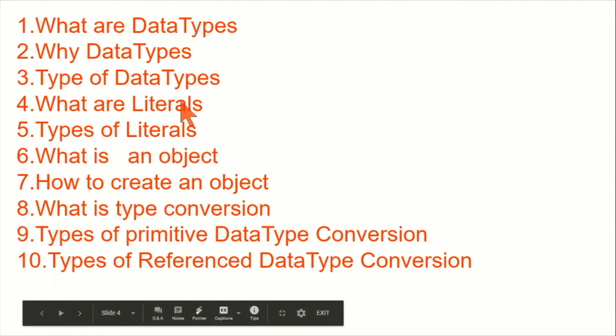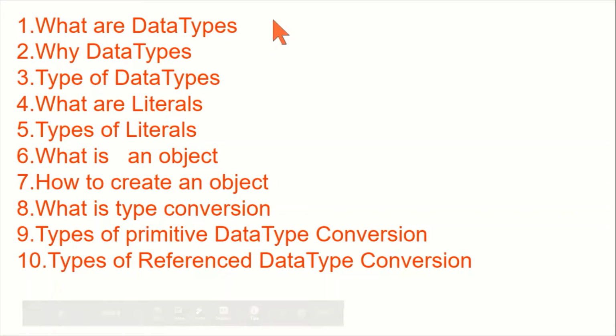First one, what are data types? Data type is something which gives information about size of memory location and range of data that can be stored inside that location. The purpose of the data types: data types are used to store data temporarily in computer through a program. In real world, we have different types of data like integer, floating point, character, boolean and string, etc. To store all these types of data in a program to perform business required calculation and validation, we must use the data types concept.